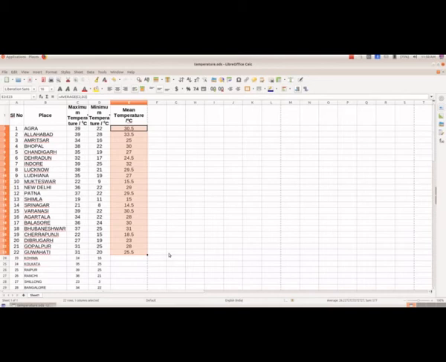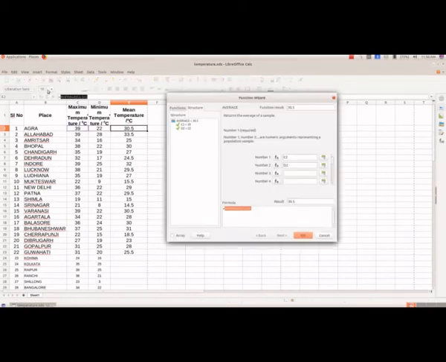And suppose we want to round this number. So if we want to round this number, we have to select the number, and then we will use the function round. So from Function Wizard we will do that. When you click fx, you will get the Function Wizard window, and we want round.